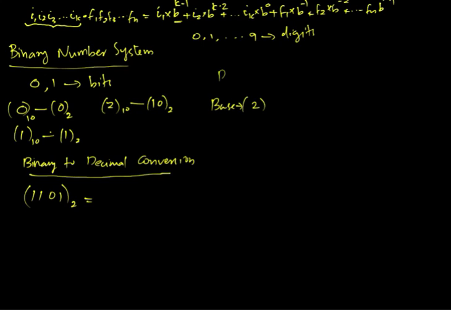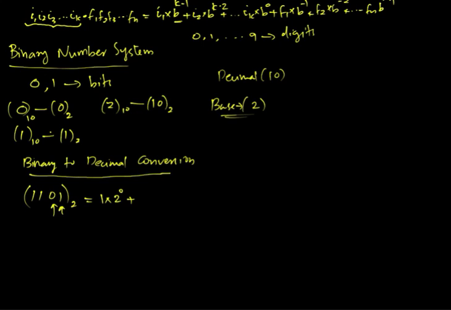For a decimal number, the base is 10. So for a binary number, the base is 2. Each position, the weight of each bit in this number, will be represented in terms of some power of the base 2. If you consider the first digit from the right, it is 1. So this one has a weight of 2 raised to 0, plus,